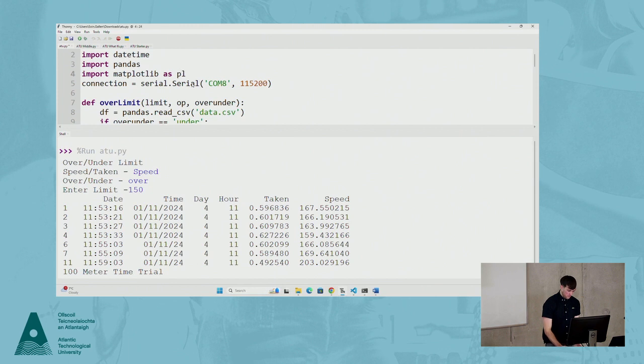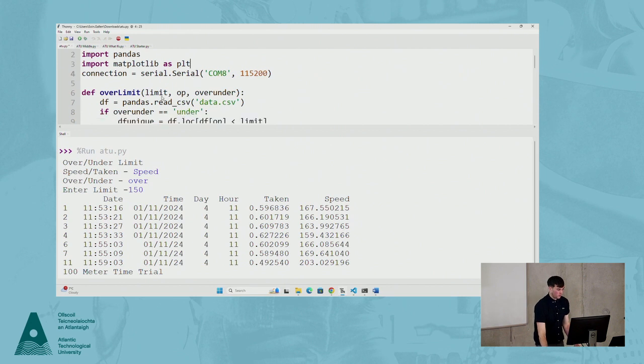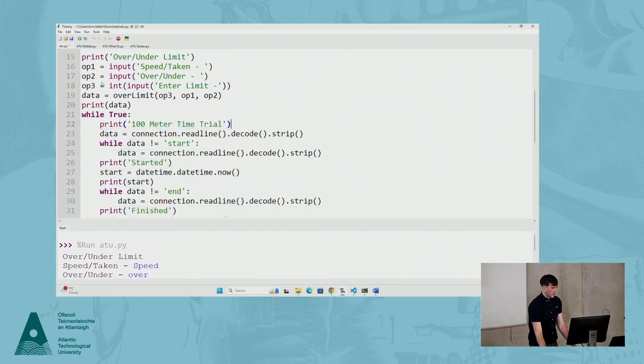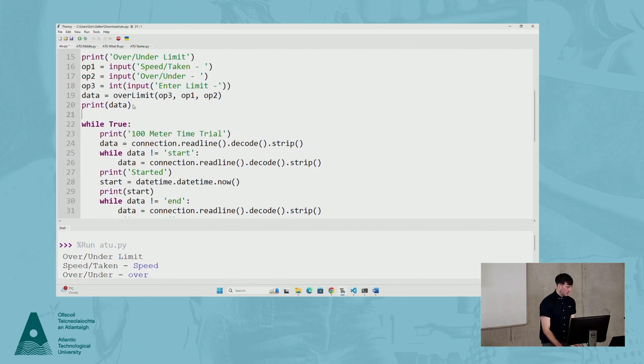So to visualize this information is really, really important to give them an idea of how quickly they're going, okay? So it's just the last thing to visualize, and then that's me. So in here we have the data now. What I can do with the data is I can basically say, I'm going to plot, is there an hour and a speed? Is there a correlation between the hour and the